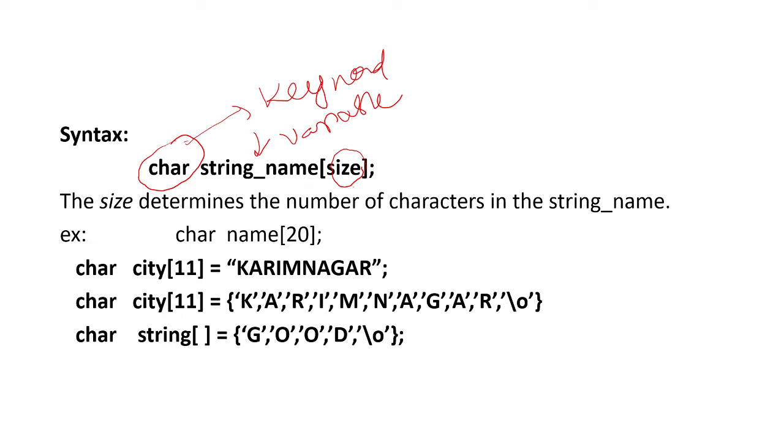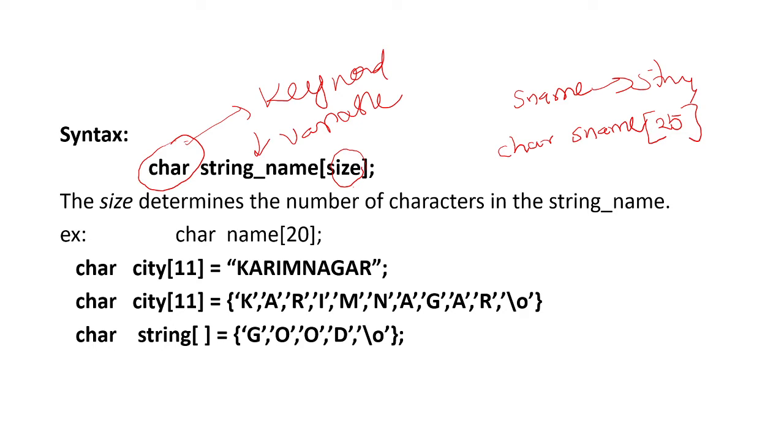Suppose I want to store the student database. What does the student database require? Student name. What is the student name? Student name is a string. Is it or not? String means group of characters. So how to declare the student name? You have to use the keyword char and the variable name student name, and the size can be specified. Suppose generally the maximum number of characters involved in a particular student name is 25. That means up to 25 characters we are able to assign for the student name.